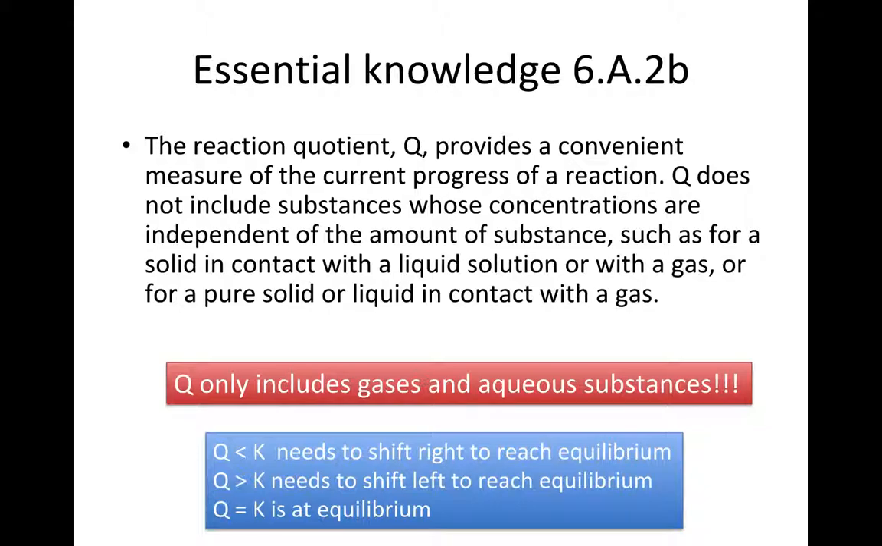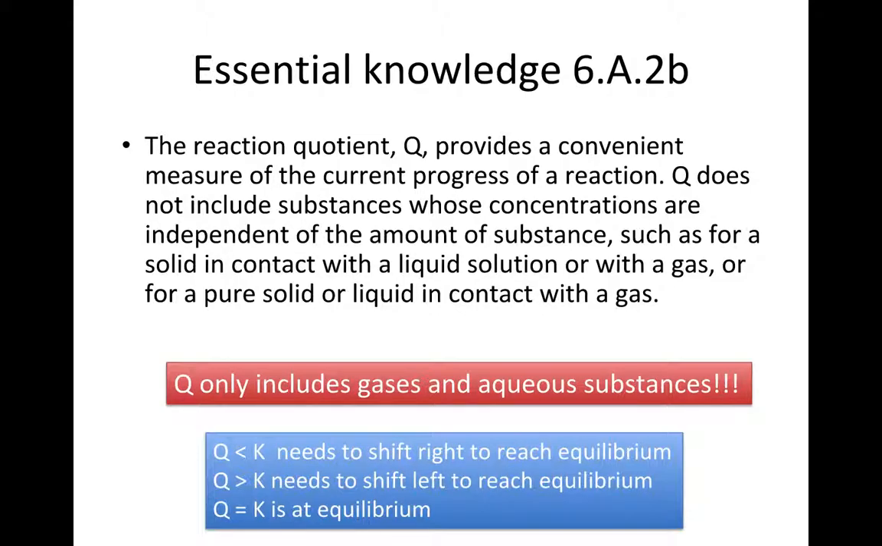So this reaction quotient Q is going to provide us a convenient measure of the current progress of a reaction. Q does not include substances whose concentrations are independent of the amount of substance. For example, if the moles per liter of a chemical is not going to change, then you don't need that concentration included in the equation for Q. You can just use it as part of the constant. So a solid, for instance,